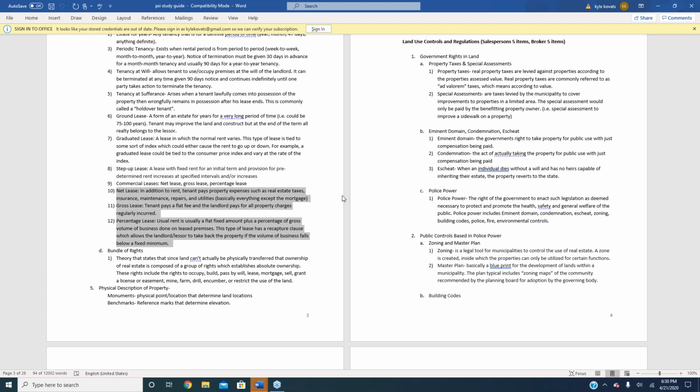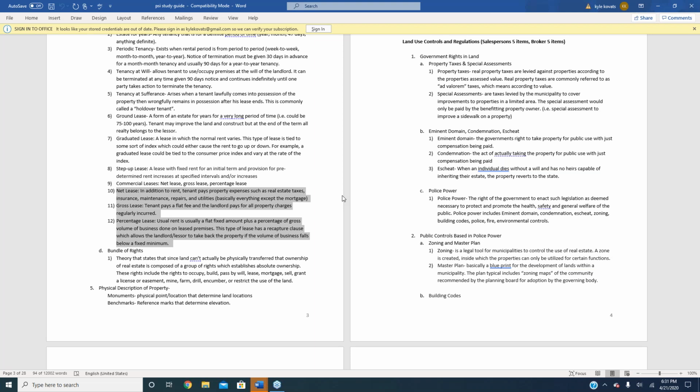Very commonly they ask, what does a tenant not pay under a net lease? The tenant does not pay the owner's mortgage. Under a gross lease, the tenant pays basically just one flat amount, and then the landlord pays for everything else. So under a gross lease, the tenant pays one flat amount, and the landlord at that point in time pays